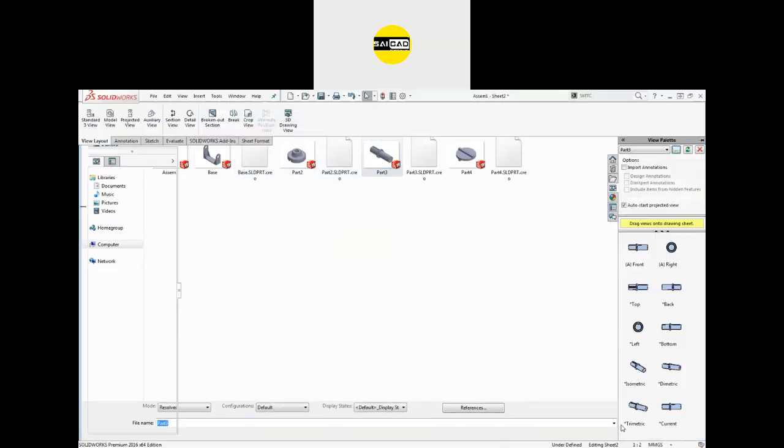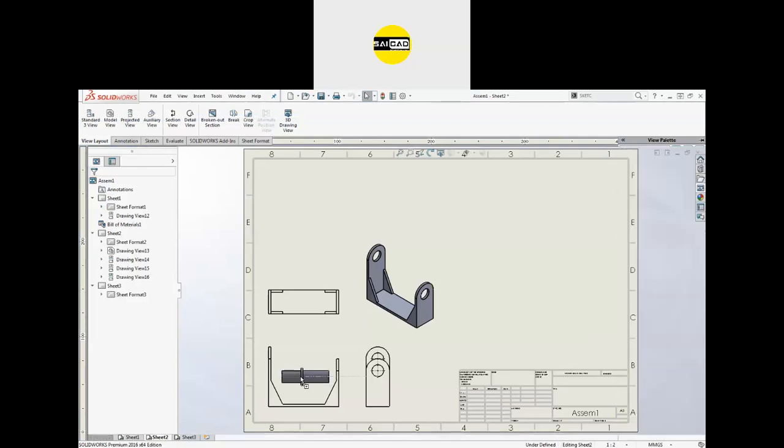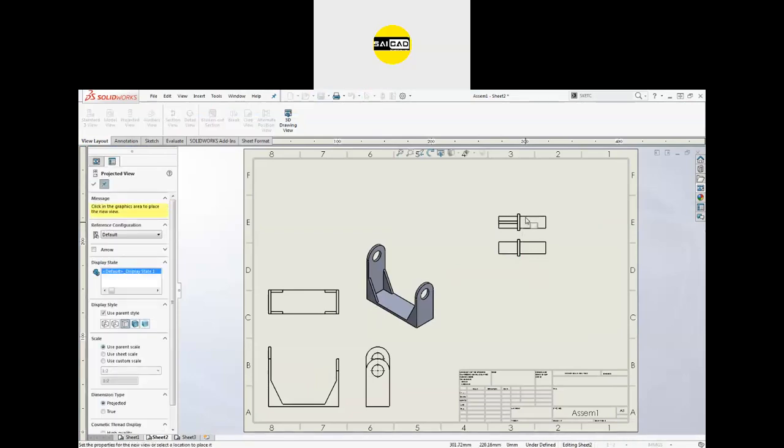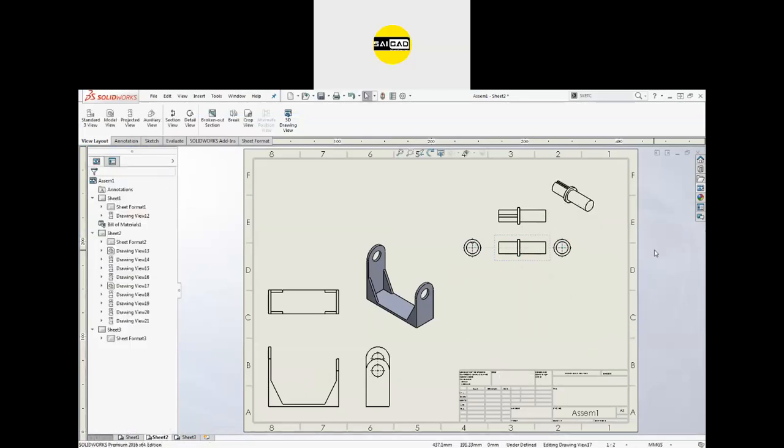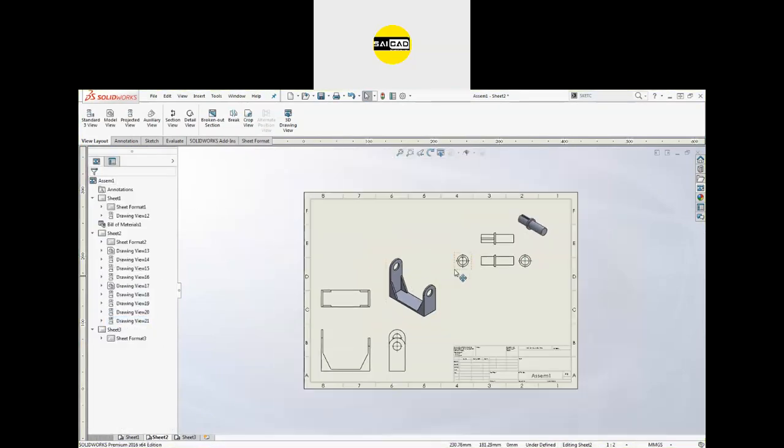So open. Now you will see the view of the shaft. Just drag that shaft like that, create a view like that. Okay, and here is the view. So select the view, select the visual style, click OK, and here is the chart.